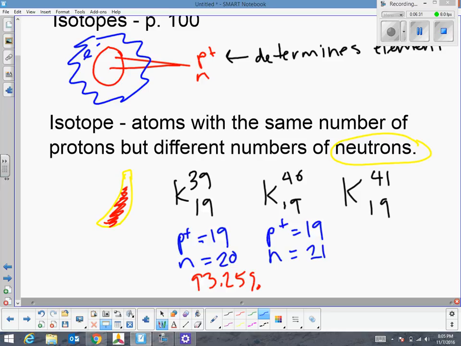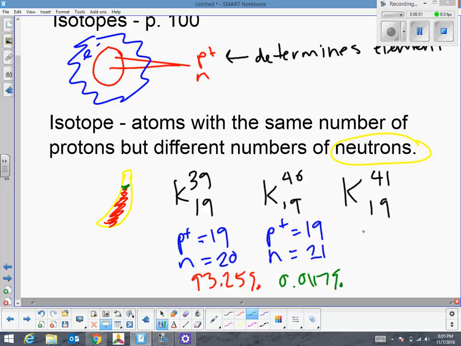It is 0.0117%. So a tiny little sliver is potassium-40. And potassium-41